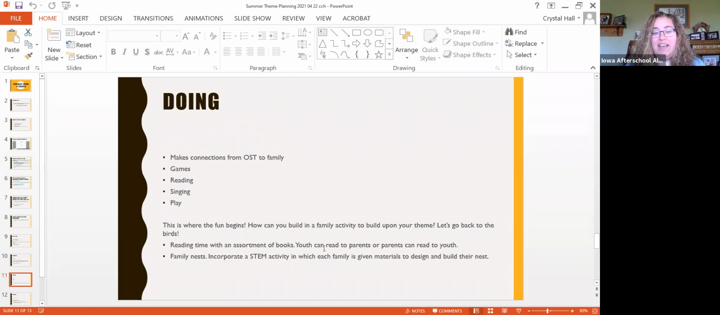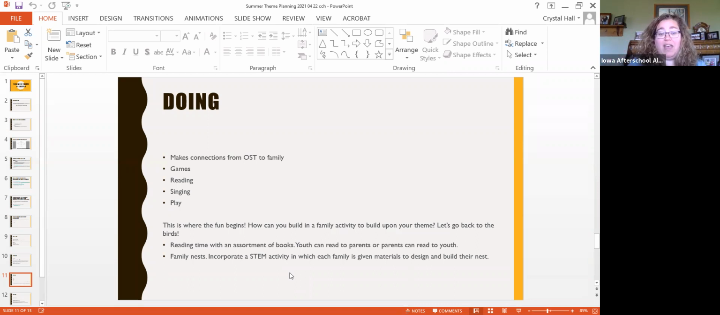The doing component, and this is where the fun comes in, right? Because now what we're talking about is that connection between out of school time and their family. So this is a game. It's reading, it's singing, it's playing together. It's the doing of an activity together. Again, my bird example, I was at a library. It would have been so very easy to incorporate some reading time with an assortment of books. So I could see that, you know, maybe I would pile them up. We have some bean bags at our local library. I could have maybe made like nest situations and had the parents and children together for a read aloud or